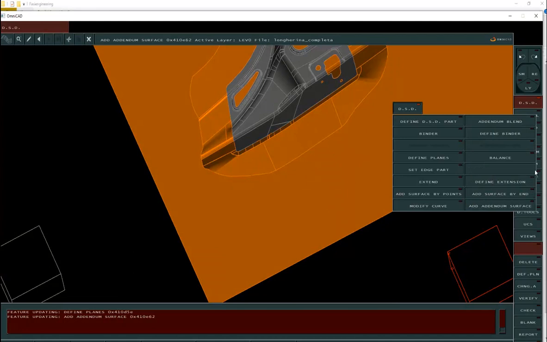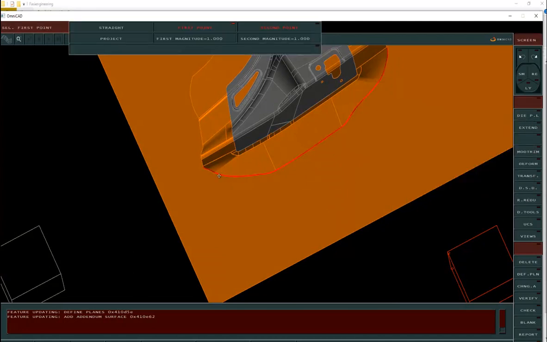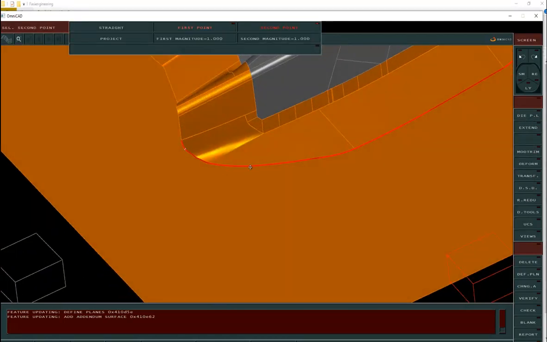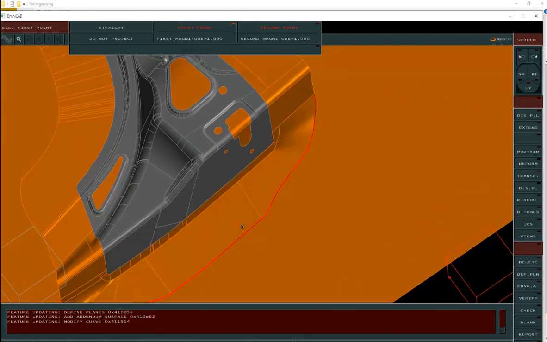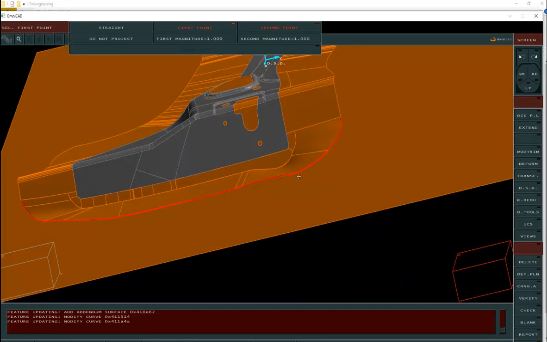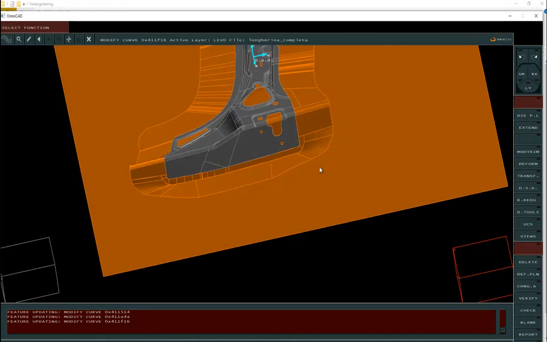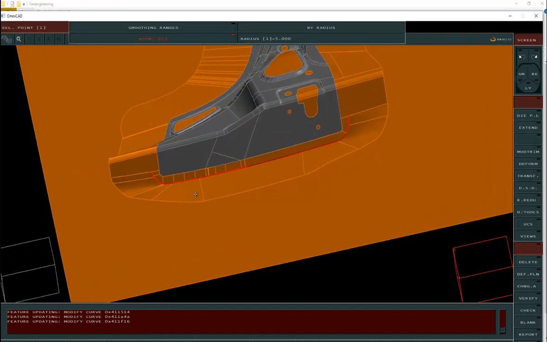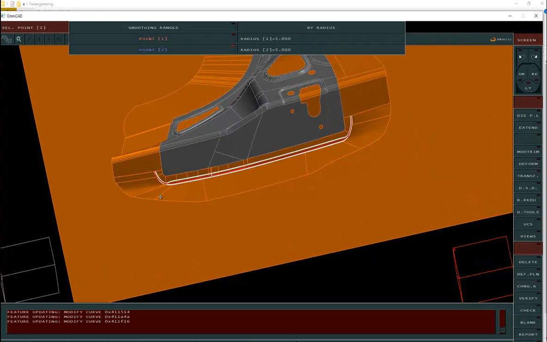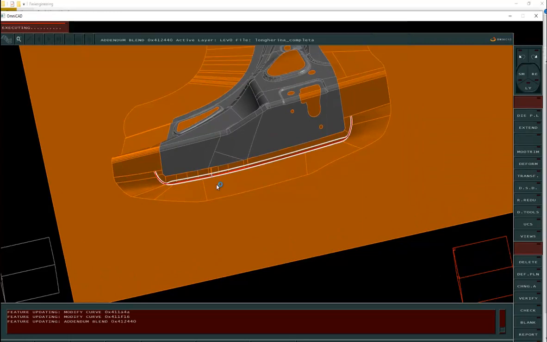If you want, in Die Surface Design, you can use a modify curve. If you want to adjust your profile, you see now you have a new profile here, new profile here. Control Z, I want to remain with the same one. Undo, and here I want to repair only this one. Okay, Die Surface Design, Addendum Blend, if you want to put the radius in this profile, and now you are ready